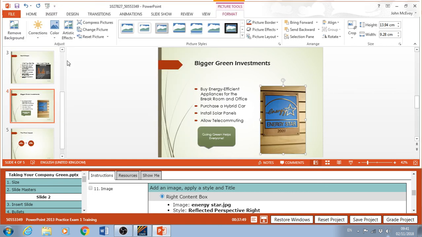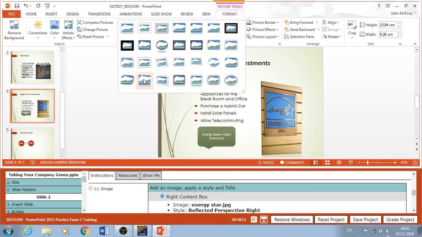And the picture goes in. Now, style, reflected, perspective, right. So picture styles are here, and there are quite a few of them. Now if I can remember where it is, reflected, perspective, right. That's left, and that's right down here. Reflected, perspective, right. I click on that one. Am I finished? I scroll down